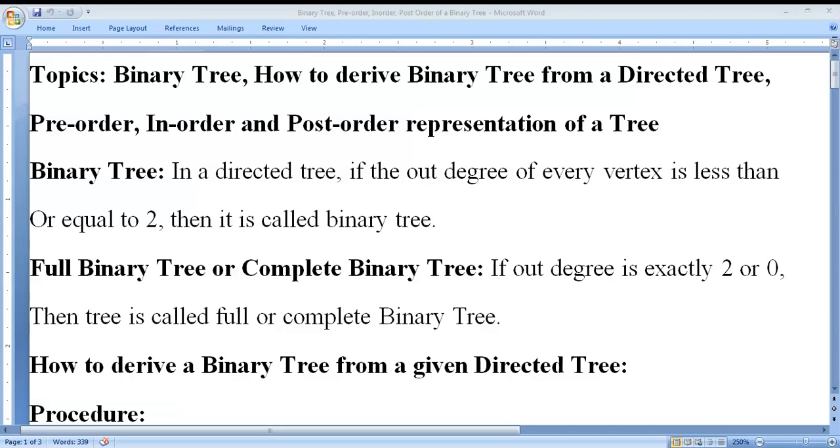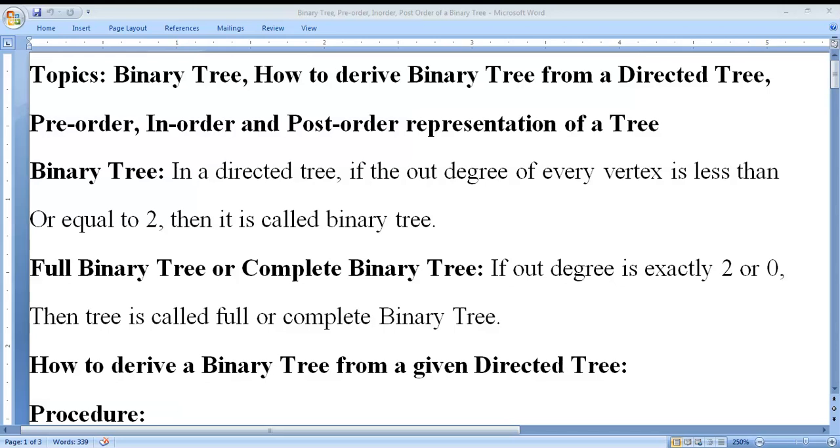Okay. And what do you mean by complete binary tree or full binary tree? If the out degree of every vertex is exactly 2 or 0, then such a directed graph is called a full binary tree or complete binary tree.